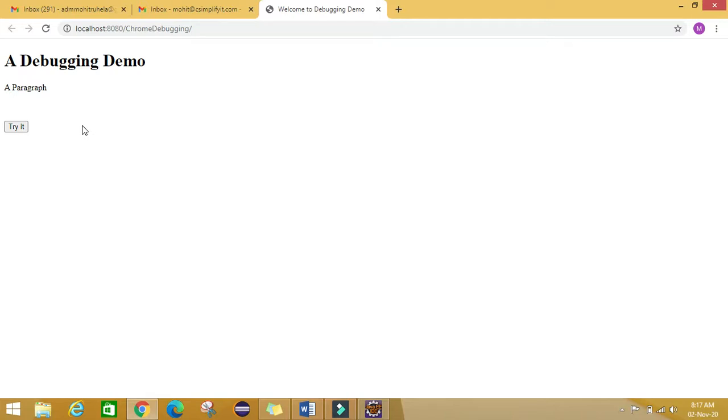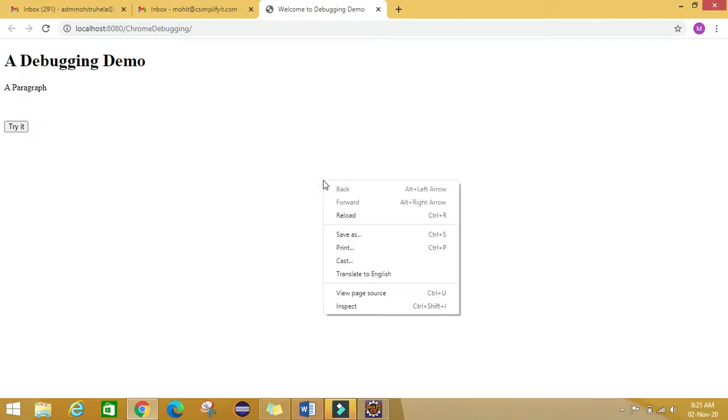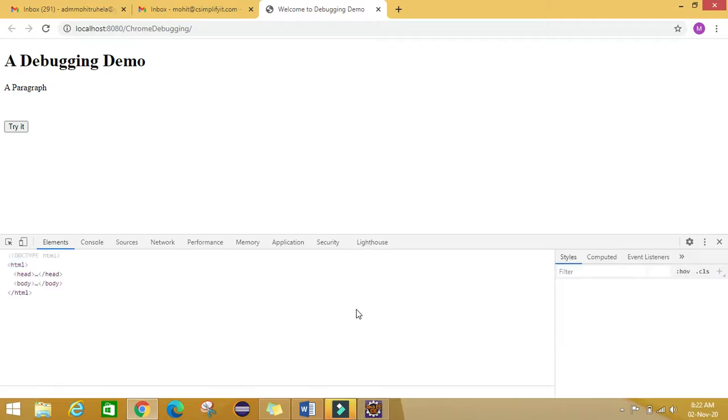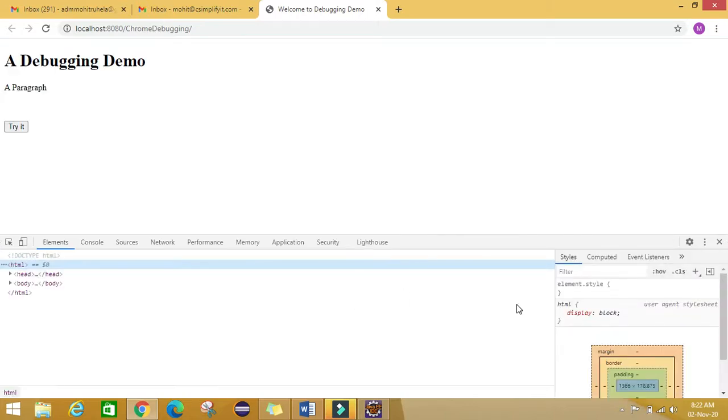to debug JavaScript we have three methods, means we can start the debugging tool by three methods. First, right click on the page and click on inspect. This will start the debugging tool.